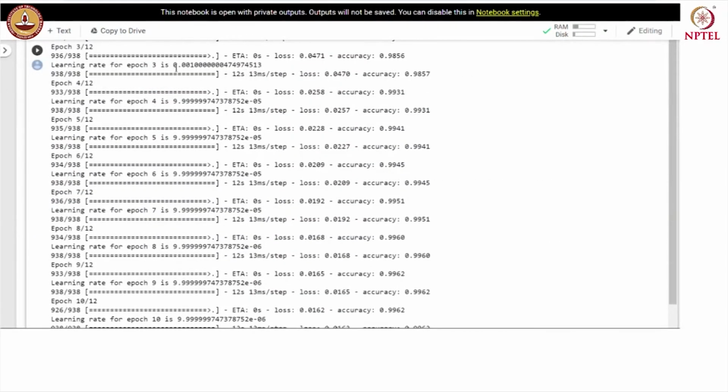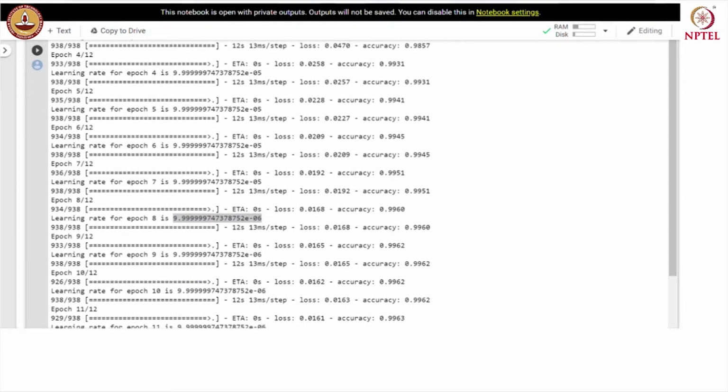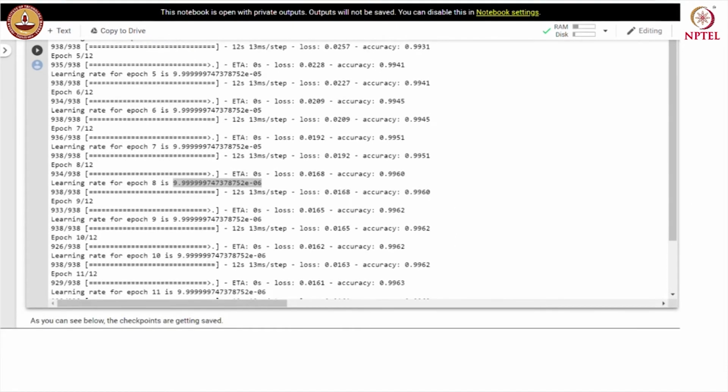Initially the learning rate was 0.001 and after the 4th epoch it was reduced, and after the 7th epoch, in the 8th epoch, it has gone further down. As we are getting closer and closer to the minima, we are taking smaller steps in the direction of the gradient.